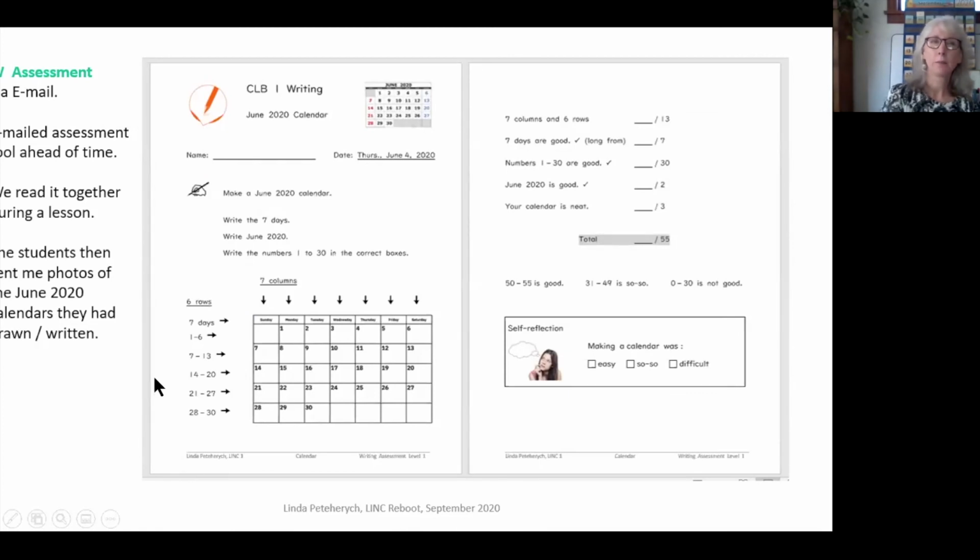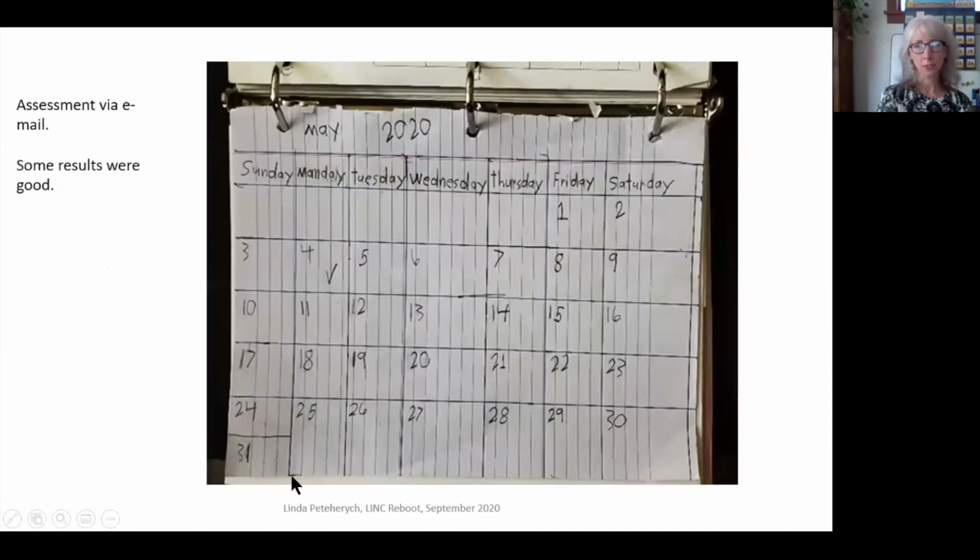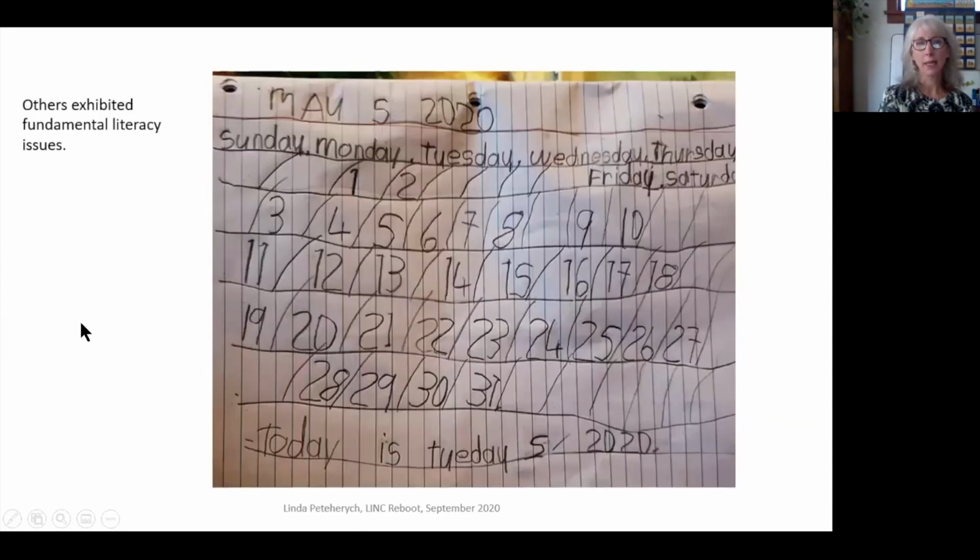And for a writing assessment, they had to make a June 2020 calendar, draw the 7 columns and the 6 rows, write the days and the title June 2020, and put all the numbers in the correct boxes. And some students did a great job. This one was almost perfect, except for the man day instead of Monday. And then others exhibited definite fundamental literacy issues. And I was really surprised with this result,